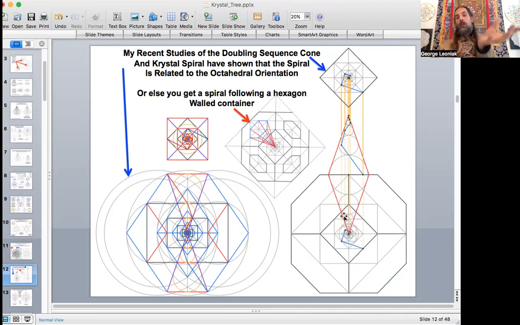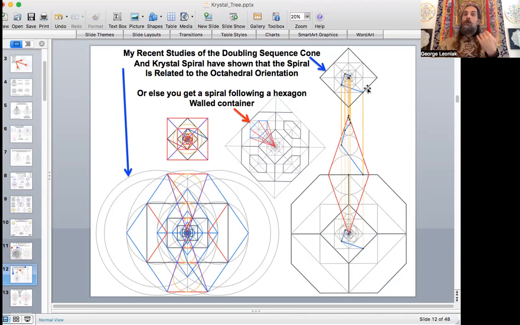Now, if I rotate this whole form on its axes and just rotate it like this to an edge view of it, then what I have is the same two cones, the same cone here facing down, and I'm just showing you a different view of how the spiral moves through there, and this one is going through all that geometry. That's why I really assumed that the crystal spiral, as I work my way around the image, was going to be related to an octahedral view, a top-down view of an octahedron, because as I rotate it around,